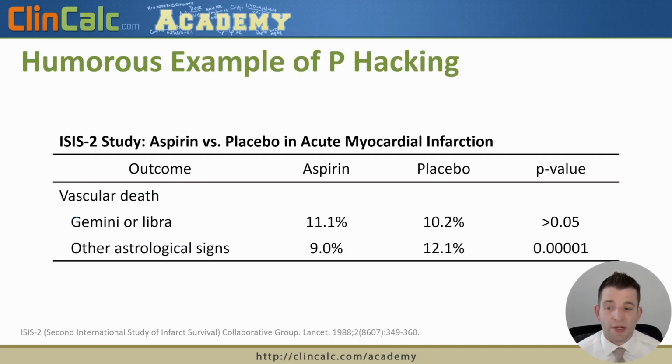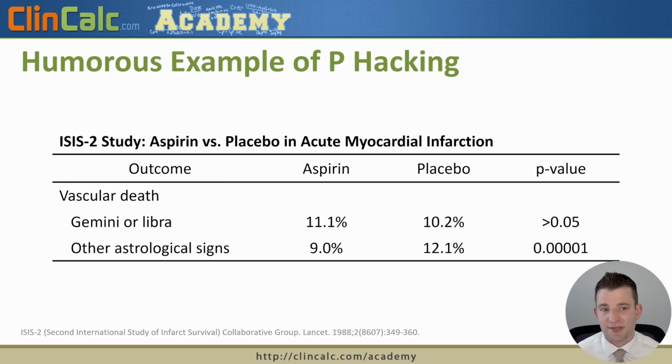Now, just to drive home the point, and this was published in Lancet in the 1980s, a researcher kind of jokingly did a study looking at aspirin versus placebo, and they analyzed the data according to the patient's astrological sign. And this clearly makes no sense that someone's astrological sign would be relevant to whether aspirin works or does not work, but they were doing this to show that p-hacking is something that can be done and can end up showing a significant result. So in this case, they did a subgroup analysis of those that were Gemini or Libra for their astrologic sign,